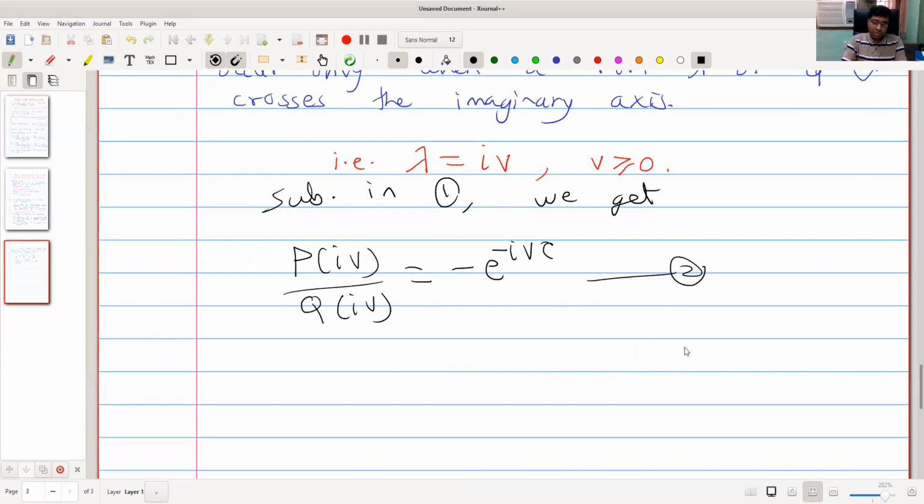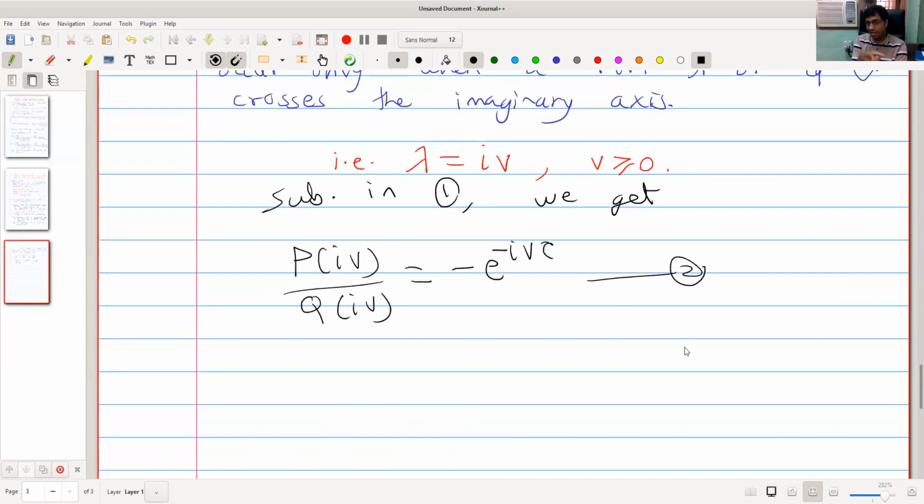So this arrangement is very important. Note that a very simple change in a given system may lead to great discovery. Writing in this form looks very straightforward, very simple, but it gives the critical value of delay. So how do we get the critical value of delay using this?